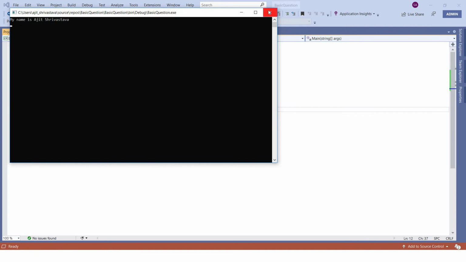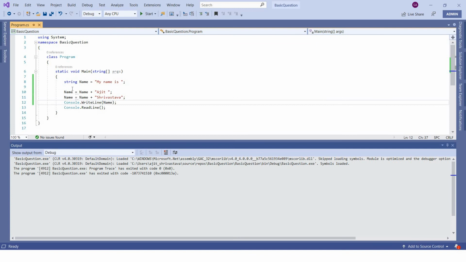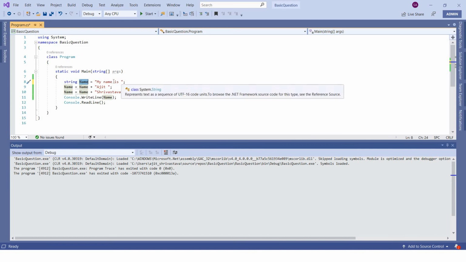But what is the problem with this approach? The way it works is, as and when it executes this line, it will create a variable with the name name, and store that value in that particular variable.